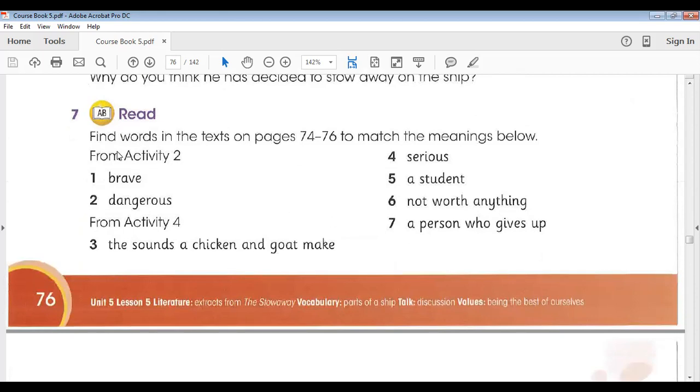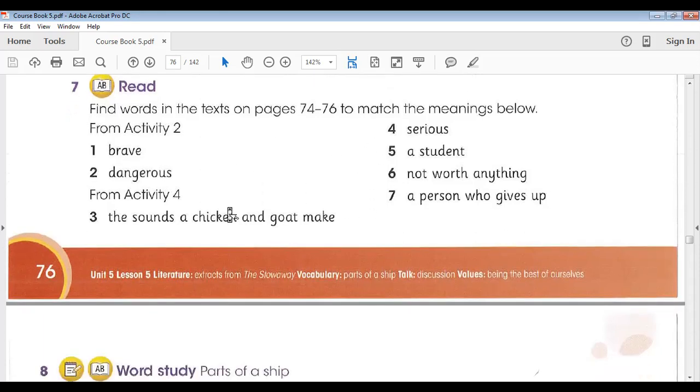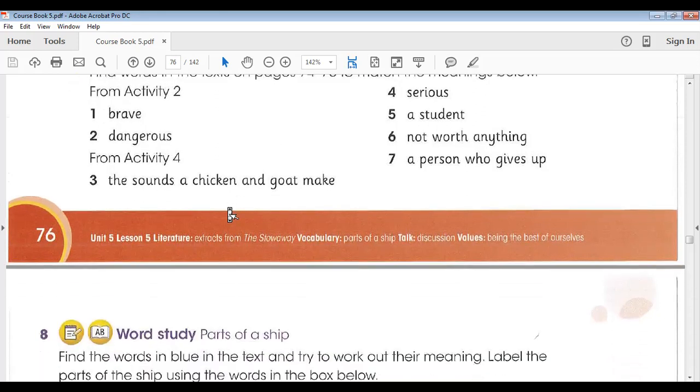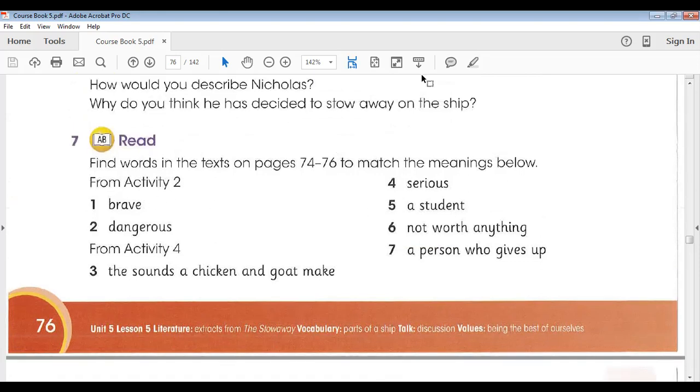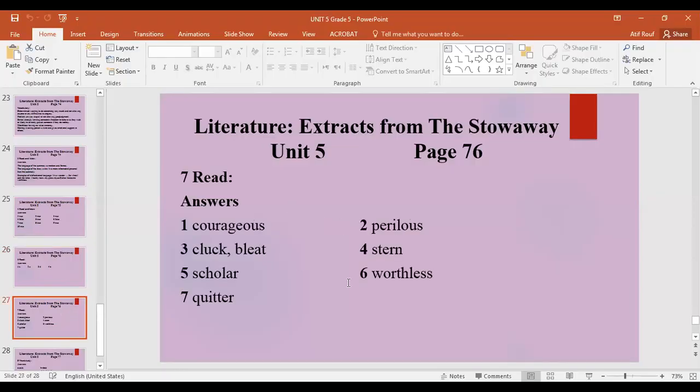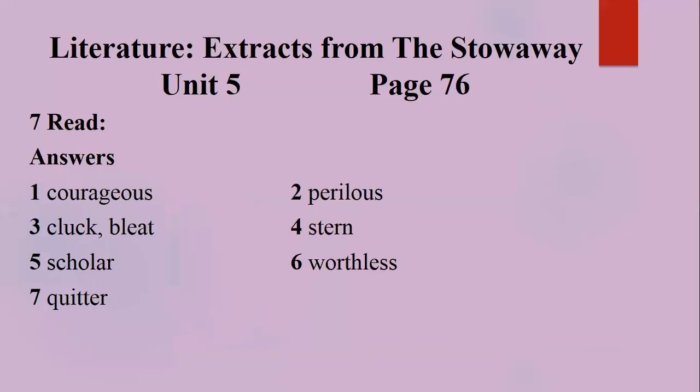Then activity 7 is about the vocabulary exercise. We have these seven words and phrases, and we have meanings as well. I asked them to find the meanings, and then I displayed the answers. So here are the answers, again in old and modern English words.